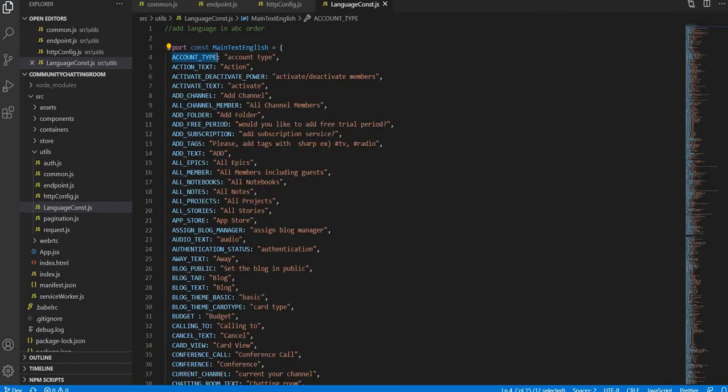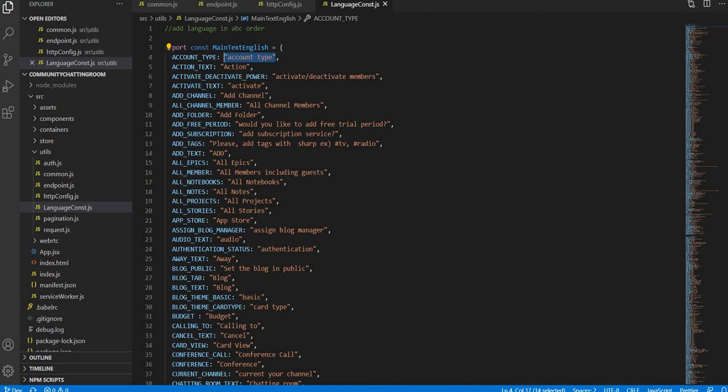So let's say you are doing one static message or something. You can add the constant name here, and on the other side you can add the text you want to print.